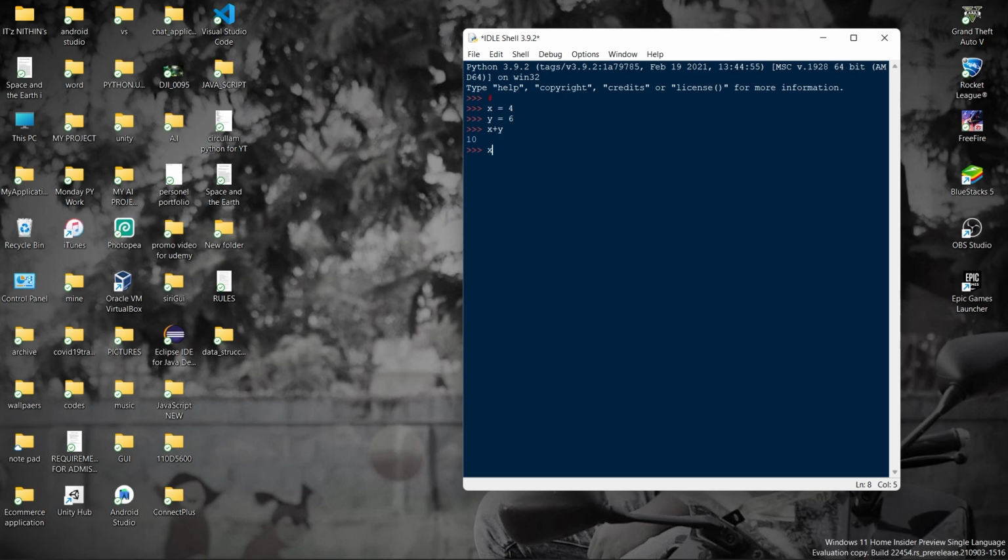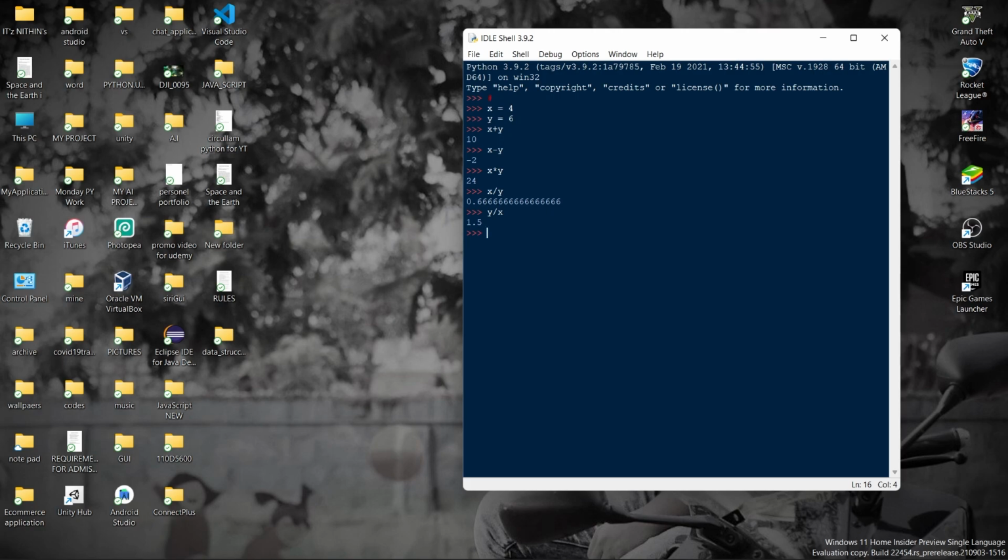For example x minus y, then we get the output as minus 2, because 4 minus 6 is minus 2. X multiply y, so 6 into 4 is 24. X divided by y gives 0.666 recurring. So guys, if you want a constant value, then we have to divide a big number by a small number, then it will give us a constant value 1.5. Okay guys, these are the arithmetic operators, which are also known as mathematical operators.